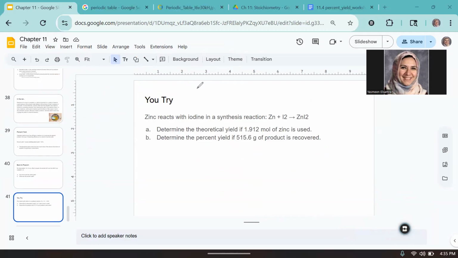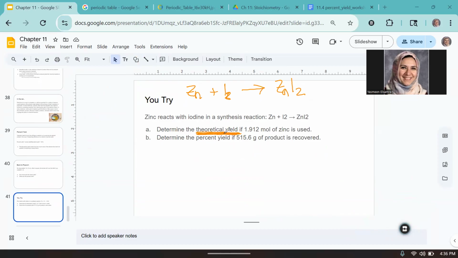Okay, so zinc reacts with iodine, and iodine has this too because it is a diatomic element. Zinc, iodine. Okay, so that equation is balanced. I don't need to do anything with that. You always need to start with a balanced equation. In this case, they gave us a balanced equation. We're good. The first question says determine the theoretical yield, and theoretical yield always is talking about your product